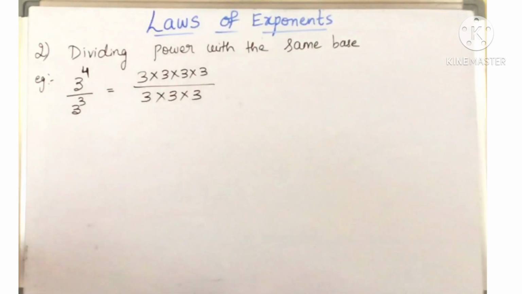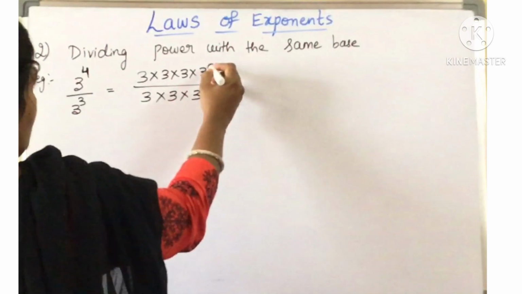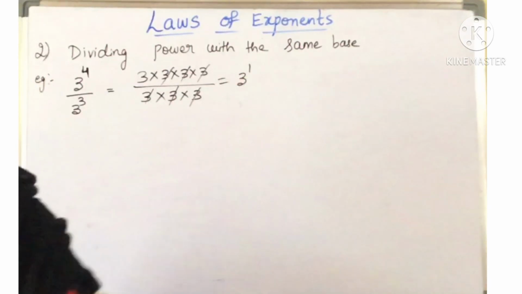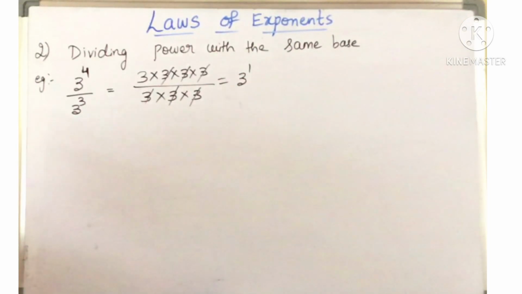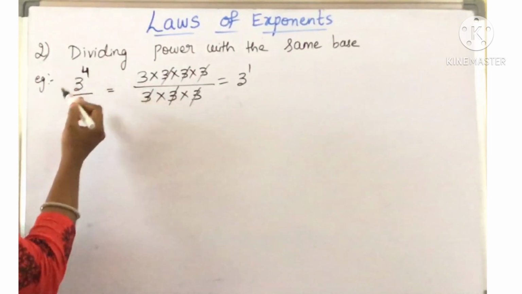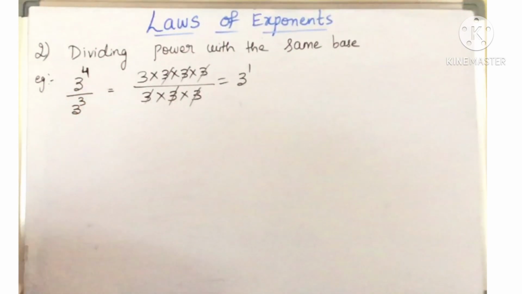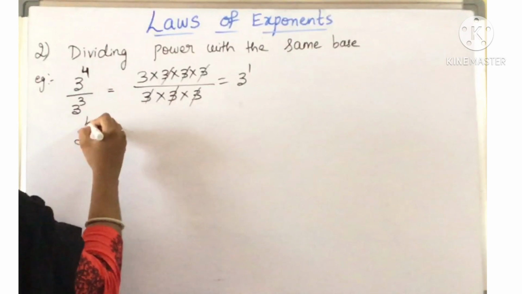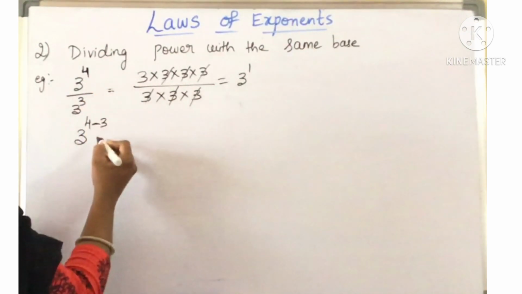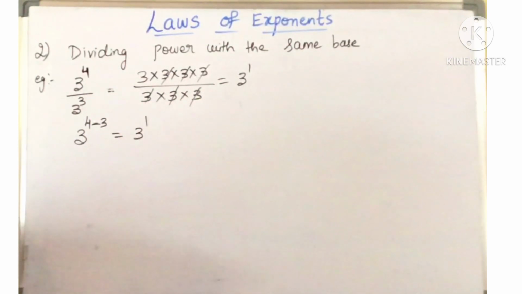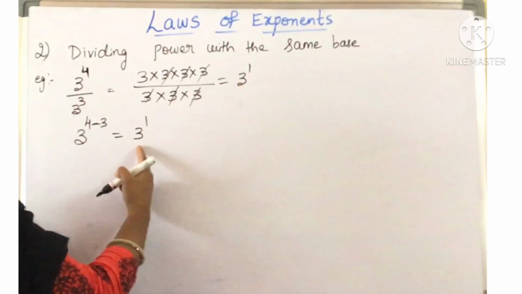Here this is division, so you can cancel. Three 3s cancel, so you get only 3. So the power is 1. Now what did you observe? Study the power notation obtained from this example. You will find that the index on the RHS is the difference of the indices on the LHS. If you do 3 to the power of 4 minus 3, I am doing the difference of only the powers. What answer do you get, children? 4 minus 3 equals 1. That is the answer you got.